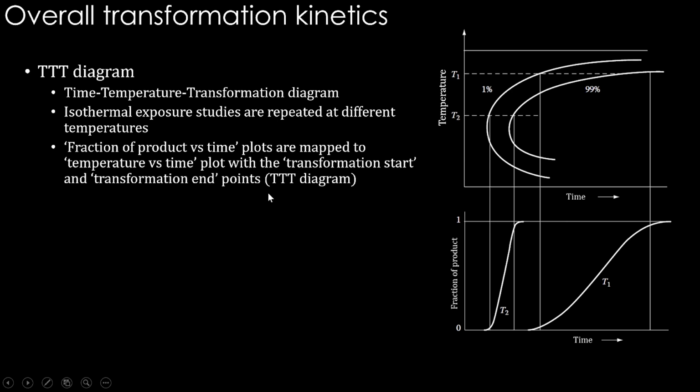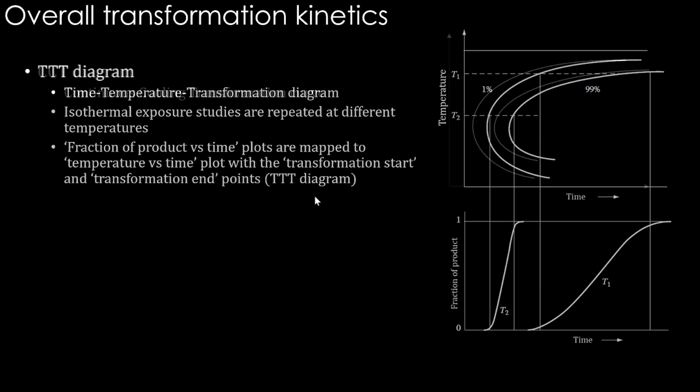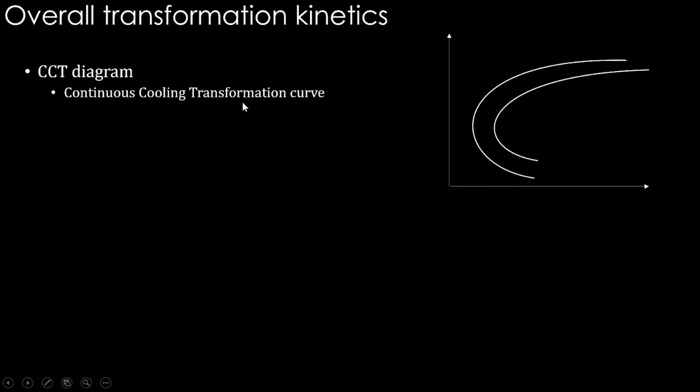A similar diagram may be important when continuous cooling is done. That's where CCT comes, continuous cooling transformation curves, rather than isothermal exposure. In isothermal exposure, we put the sample at one temperature and noted the start point and end point of transformation. Instead, if we go for continuous cooling from some high temperature to low temperature over a period of time, then the cooling rate curve is like this, and the start and end will slightly shift. We know the kinetics is going to be different when we cool at some rate. Therefore, these are the starting time and temperatures. This is the transformation completion time and temperature.